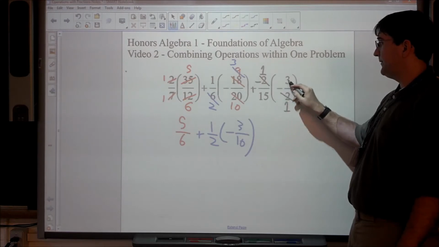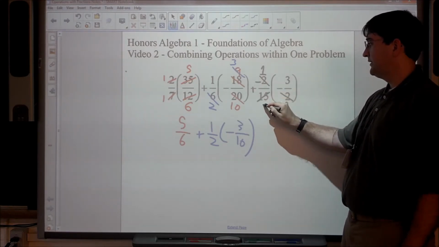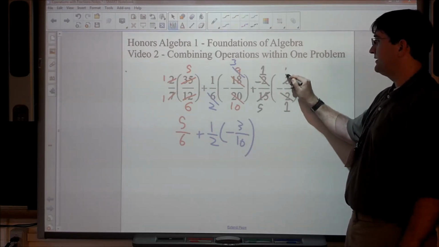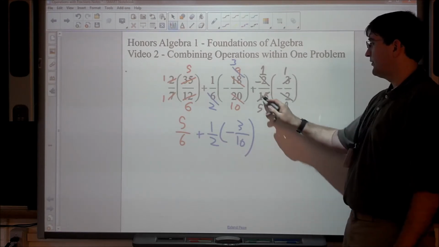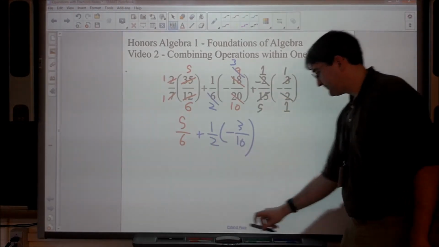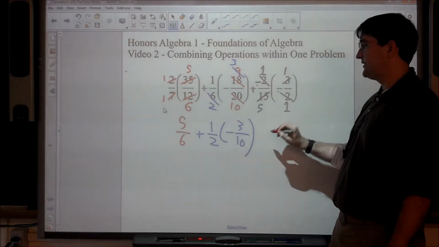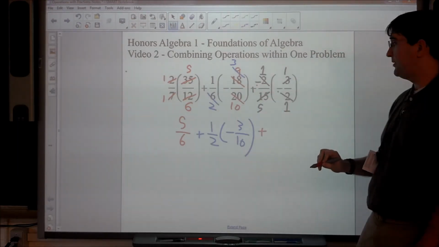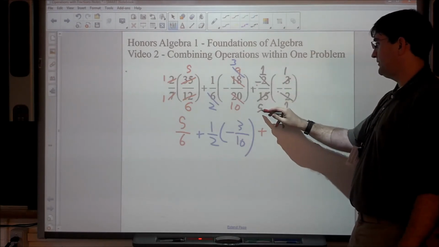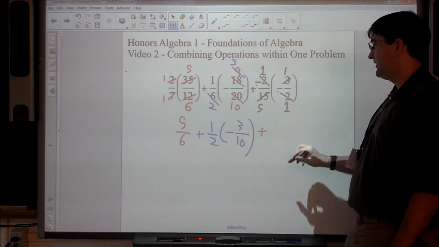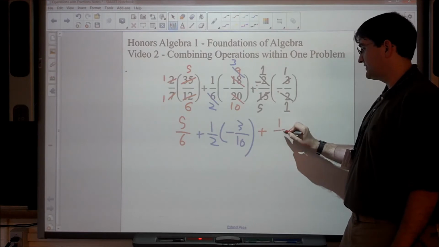The 15 and the 3 will also reduce to a 5 on the bottom and a 1 on the top. So also the negative sign here, the negative sign here, and the negative sign here, they'll also cancel. So I'm going to end up with a positive 1 over 1, or 1 times 1, 5 times 1, plus